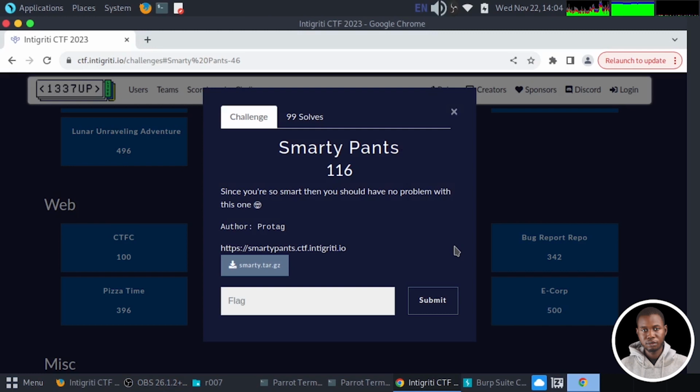Okay guys, welcome back to the challenge. The title of our challenge is Smarty Pants. We have a total of 116 points awarded to this challenge, 99 solved during the CTF competition. And we have some hints to this challenge. It says, since you are so smart, then you should have no problem with this one. We have the author of our challenge, we have a link to the URL of the challenge, and we have a file